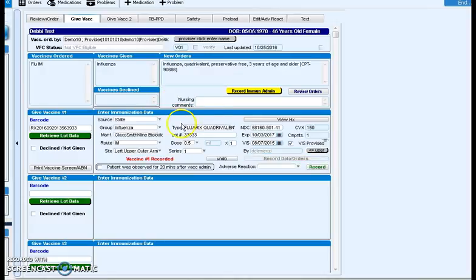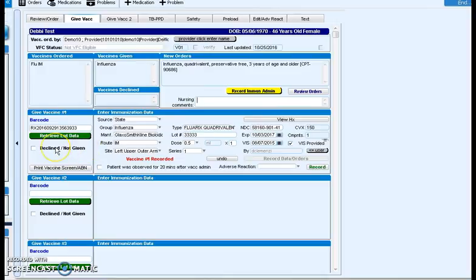Once you've selected that, you'll notice that the order is populated up above, which means that there has been a charge entered into the system for billing for influenza for this immunization. In addition to entering your charge for this vaccine, you have also written this immunization to the observation terms, and you've also written it to the immunization table to qualify for the